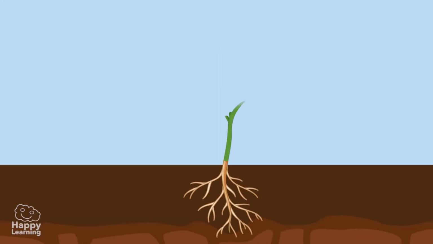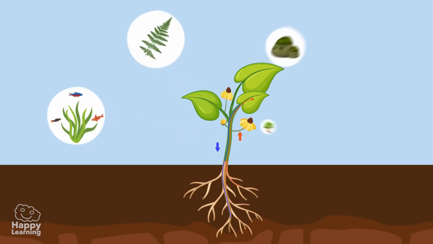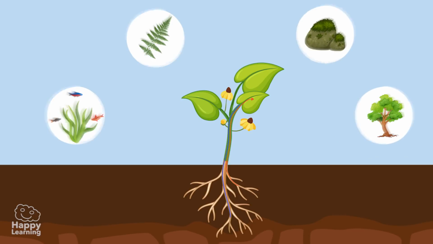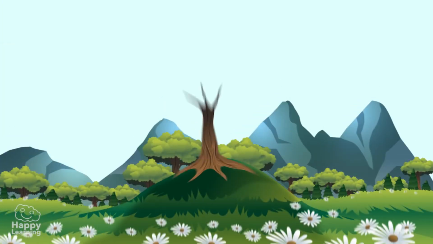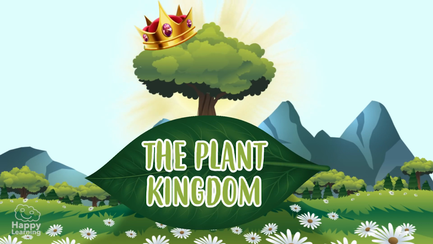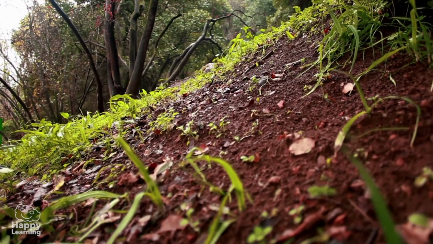Today, we're going to learn about the importance of plants, their main characteristics, and also the classification. Presenting the plant kingdom. You already know that plants can't move from one place to another. As you can see, the great majority are held to the ground by roots. But they fulfill the vital functions of all living things.